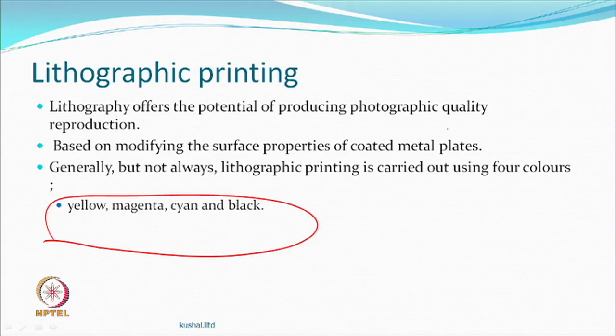So, here also you may still have dots, right. So, one of the rollers is printing yellow dots, the other roller is picking up magenta dots, and they are being placed over each other. So, you can just think, if you mix yellow with magenta, what color will be obtained. Now, how much yellow and how much magenta would also depend on the density of the dots of the magenta and yellow.